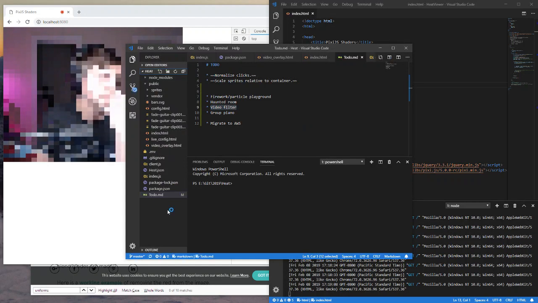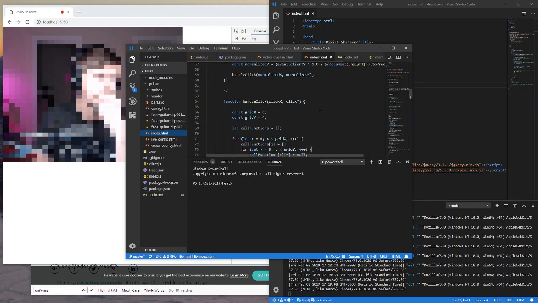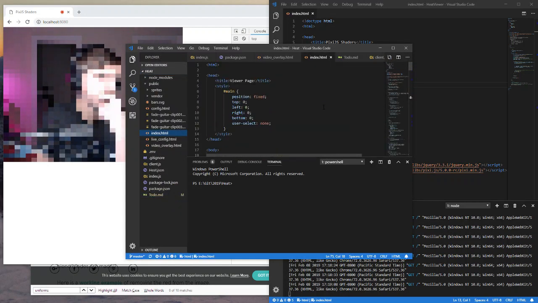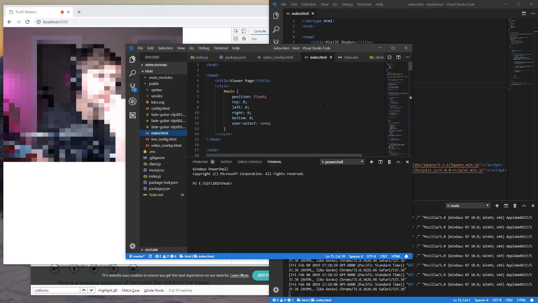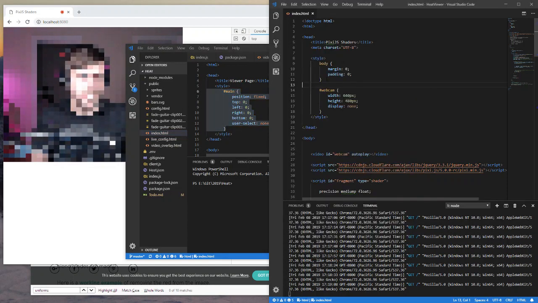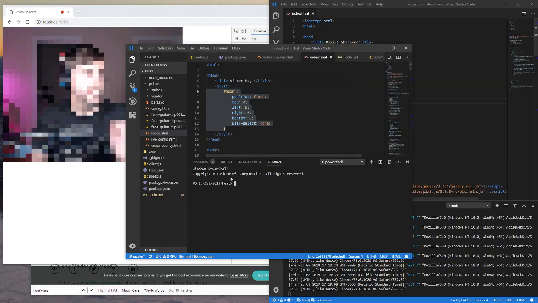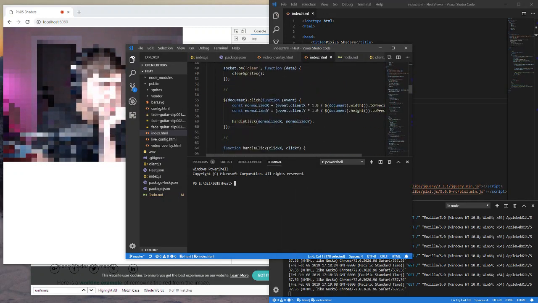In here. That was the main div. And then we, that's right, that's what we did. We didn't even actually do this. When we created the Pixi window,